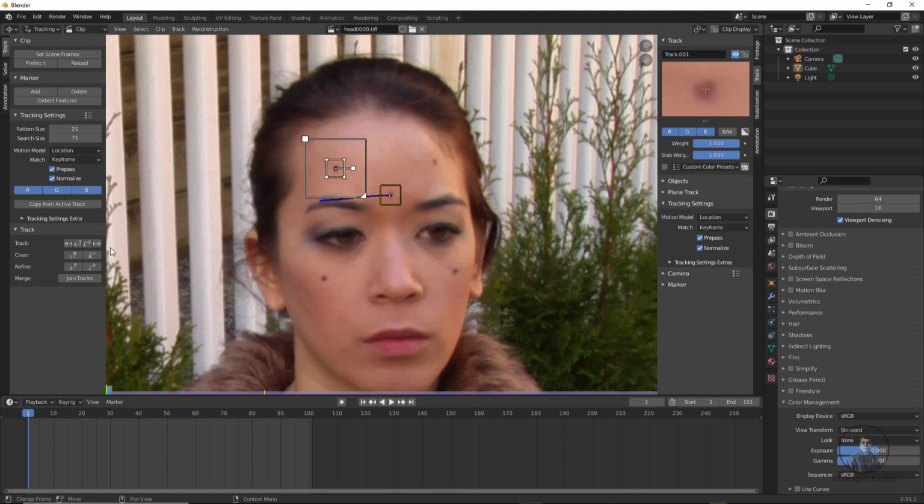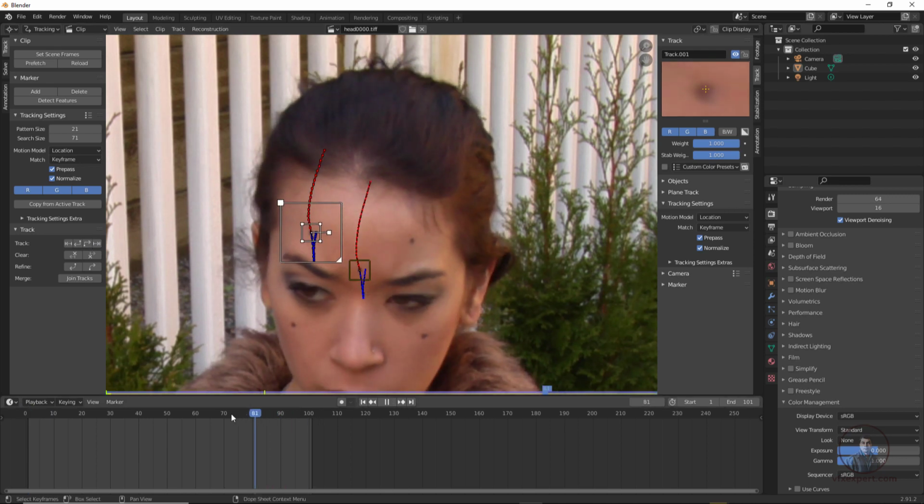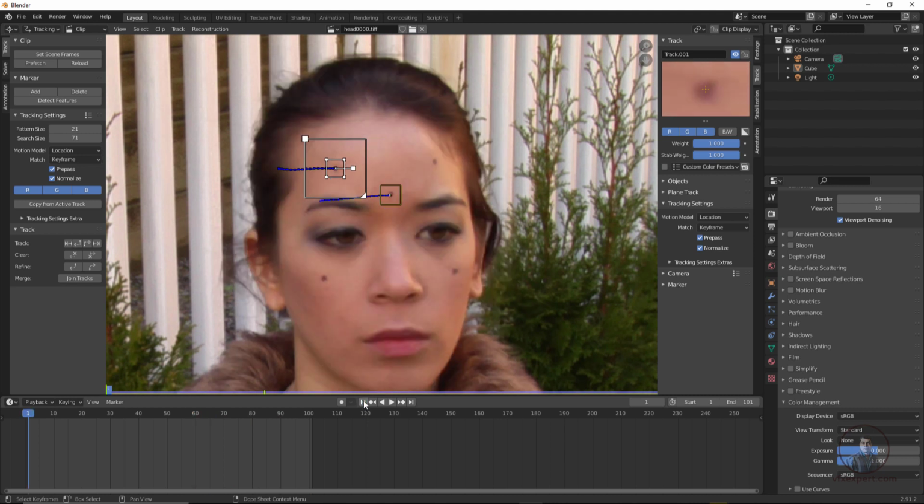Now again track forward here. So now this one also I have tracked successfully. So easily you can see, like this we have to track all these tracking markers here. Now this one I am going to track. So again hold Control and click it here. Now just place it at the perfect position.